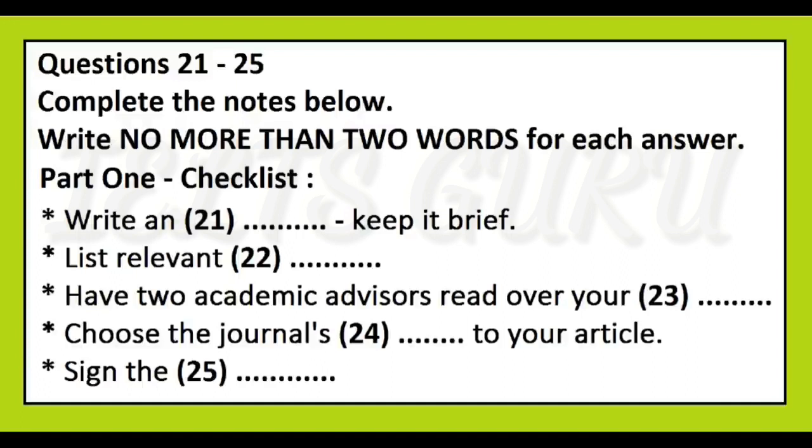So, you're nearly ready to submit your article to an academic journal, are you? Yes, I think so. I just wanted to go over all the things I need to do before I submit it. And then I wanted to go over the submission process with you. Great. So, firstly, you need to write an abstract. Make sure it's short and concise. Of course. I forgot all about that. And what about key words? Yes, a lot of students overlook this part and just jot down whatever comes to mind. But take some time to make a list of key words that are accurate and relevant.